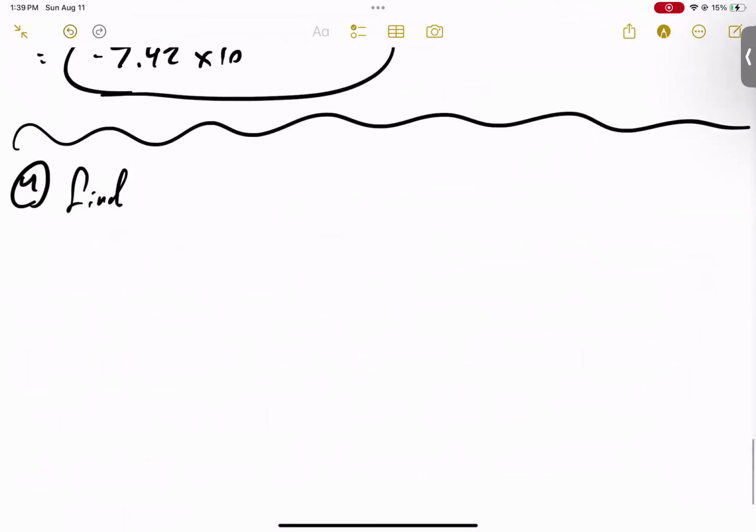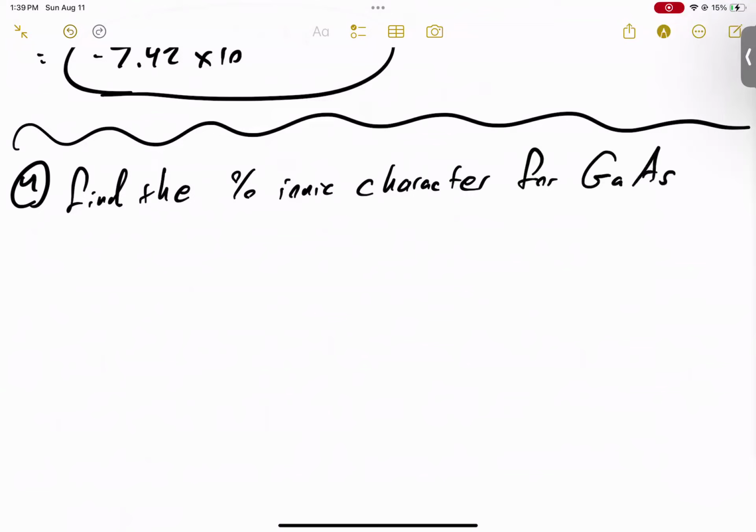Find the percent ionic character for GaAs. We're given that the electronegativity for Ga is 1.6 and the electronegativity for As, arsenic, is 2.0. All right, so this just goes back to the actual equation for percent ionic character,